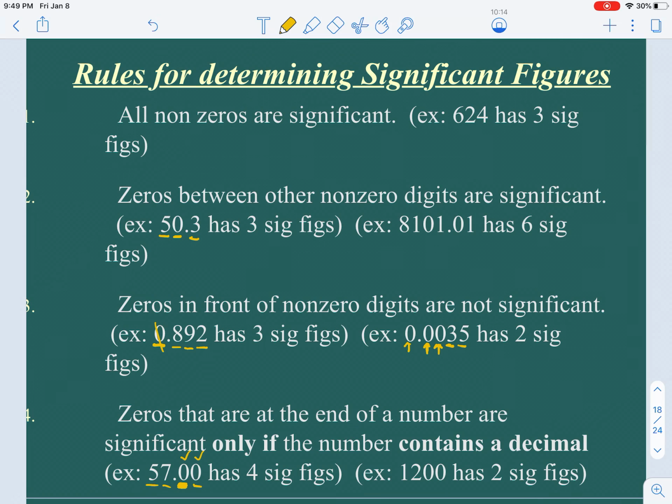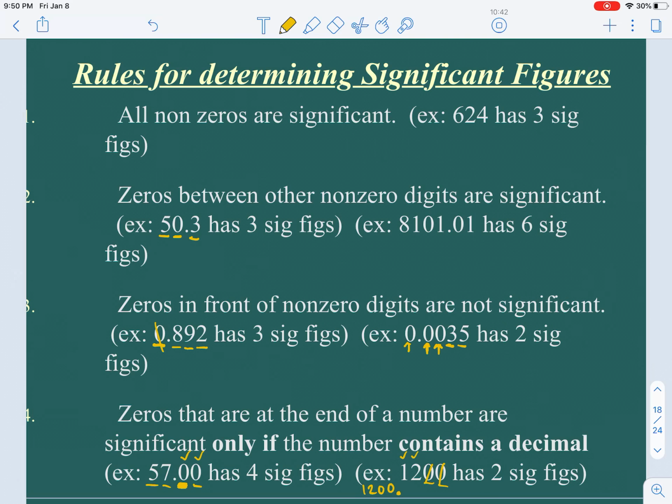1200, the way that it is currently written, has no decimal point. So those ending zeros, this ending 0 is not considered significant, which means that this 0 is also not considered significant. So this particular number only has 2 sig figs, 1200. Now, if we were to take this number, 1200,